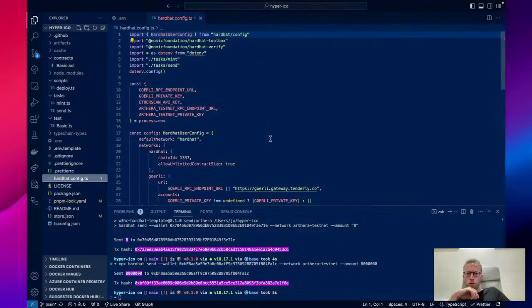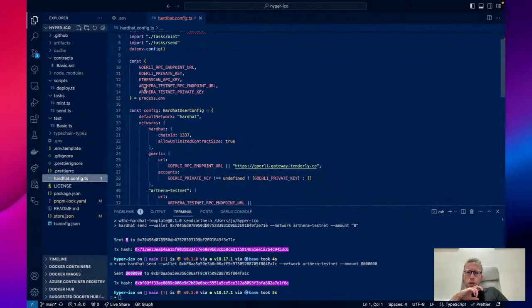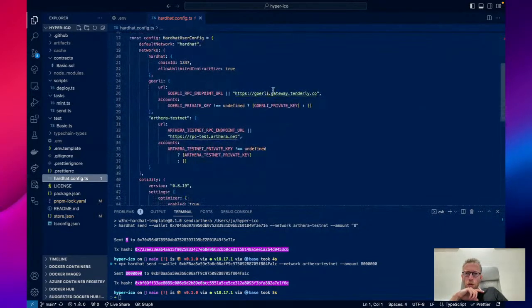Oh, it makes me think I forgot to tell you guys about the Hardhat config file, where we take the private key that is located in a .env file. We're using, so we have 3 networks here. This is the Hardhat default network, Hardhat node. This is Goerli, if you want to also deploy to Goerli, you can. Sometimes you want to eventually compare with the deployment on Arthera,